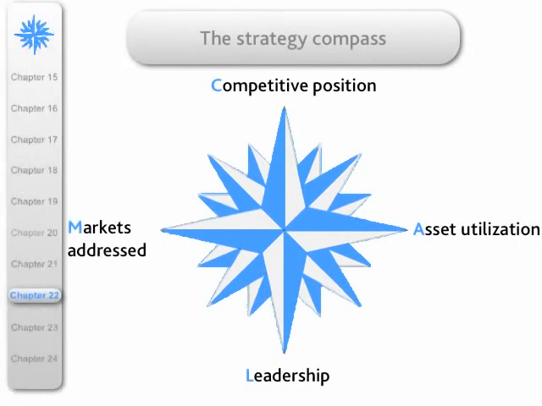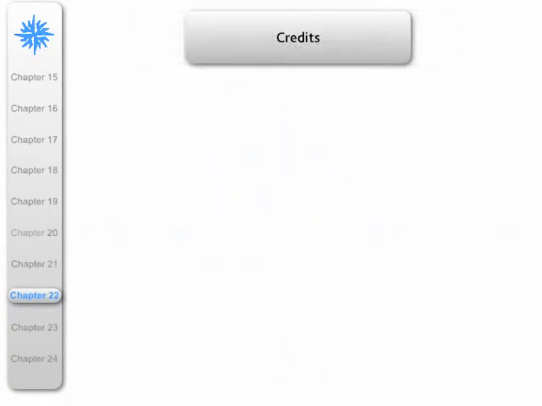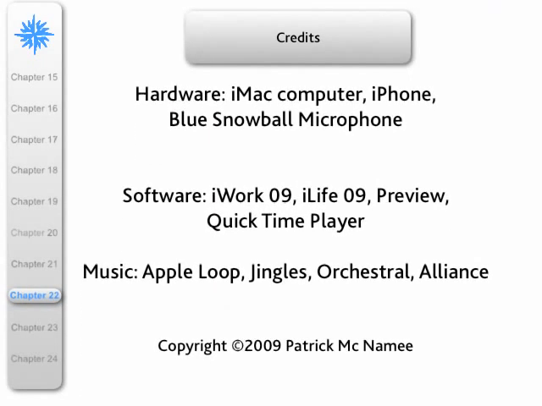I want to conclude by saying, in my opinion, habitually winning firms adapt to and change the competitive landscape, and they navigate through it using the timeless rules of strategy, which are summarised, of course, by the strategy compass. That more or less concludes everything I want to say on this particular section.